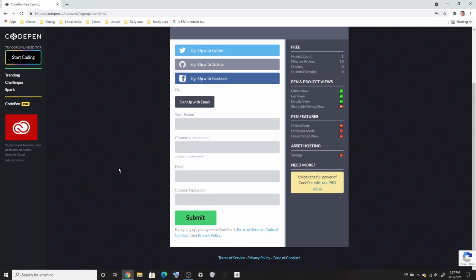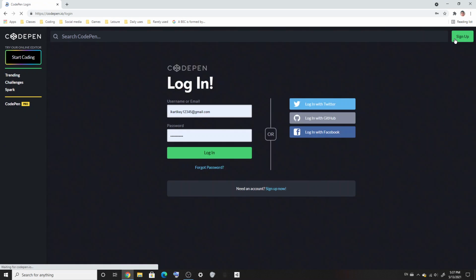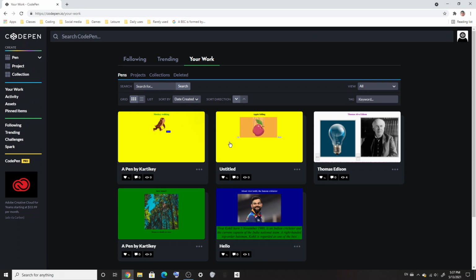After doing that, click on submit. Otherwise, if you already have an account, click on login, enter your username or email and password, and log in, and now it will open your